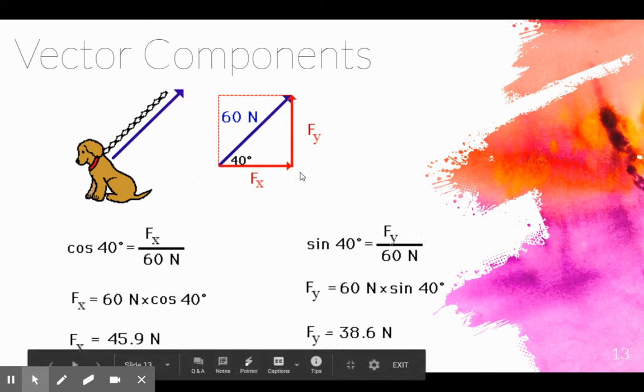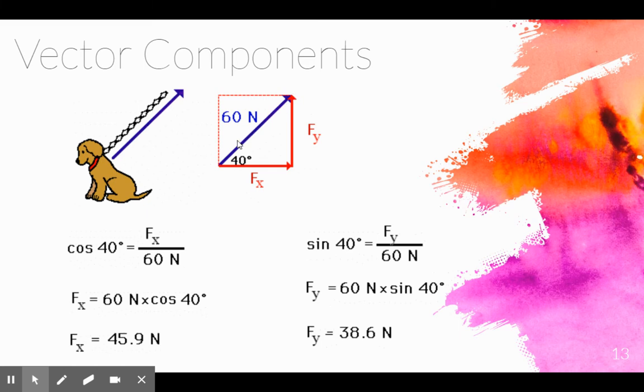Then we do the same thing for the y, how far to go in the y direction, and it's just a sine theta, right? So for x, it's a cosine theta. For y, it's a sine theta. But remember, there are formulas, so they'll be given to you. You don't have to memorize that. And then do your math and you solve for the y component of the vector,